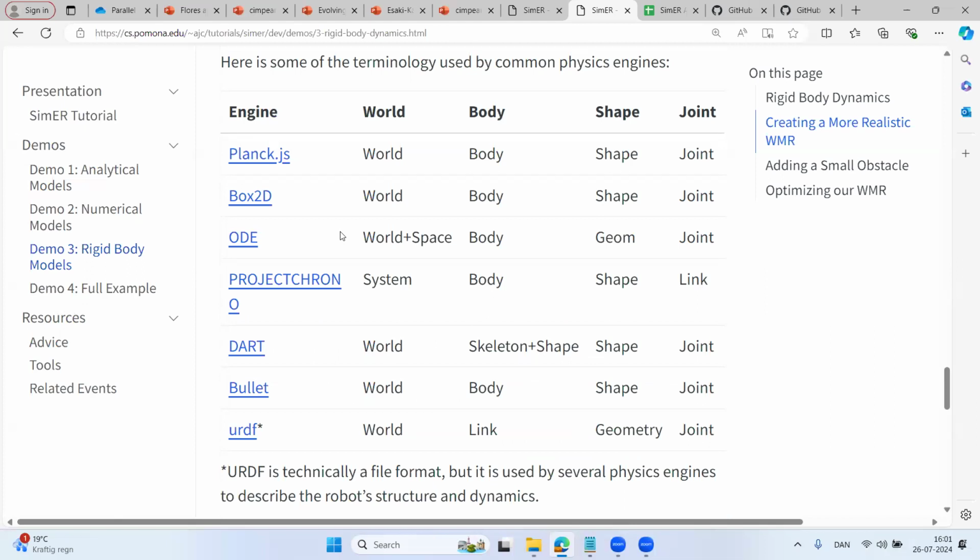If you look at the body column, some call them bodies, some call them skeletons, some call them links. It's the part that reacts to accelerations or forces. And it can be a point mass. It doesn't actually have to have any shape to it. You apply a force to it at a specific point in space. It doesn't actually have to be acting on the center of mass. If you don't act on the center of mass and you're off the axis, then it'll give it a rotation as well. But yeah, that's the body part. Doesn't collide with anything. It can just move around in space.